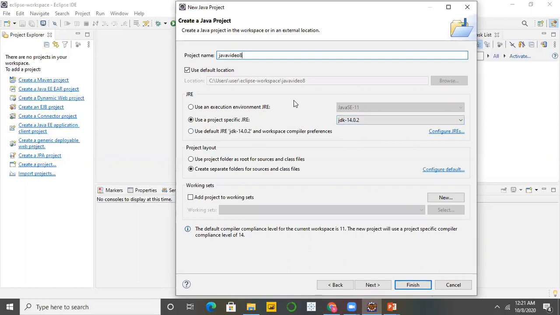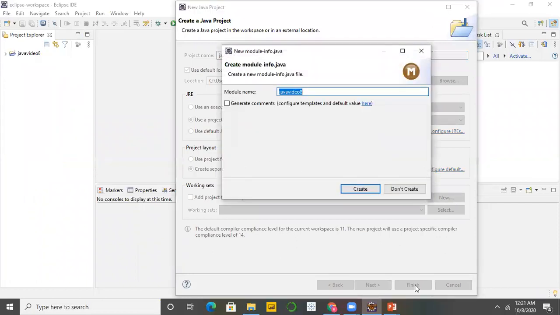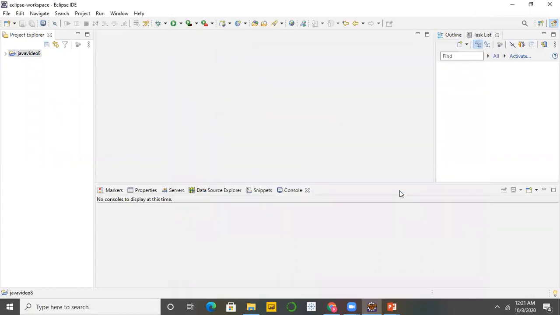I'm not changing any default setting, and simply say finish. It will ask you to create a module. For the time being, say don't create. See here, one project folder gets created in the Project Explorer window.